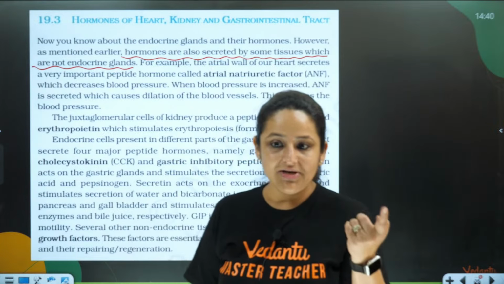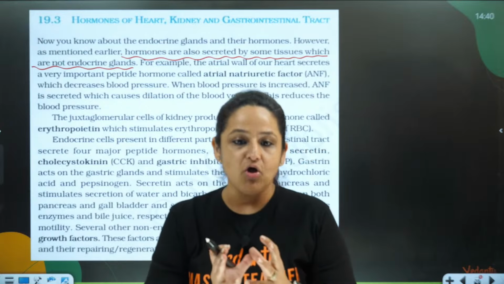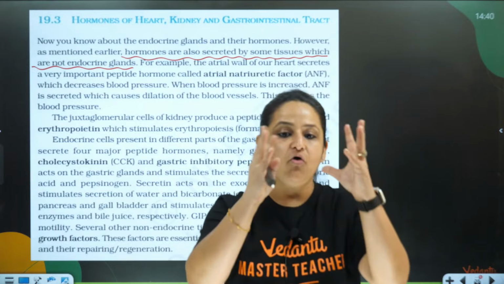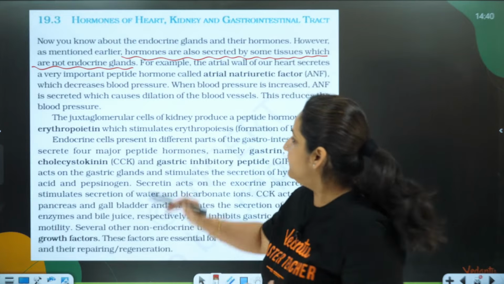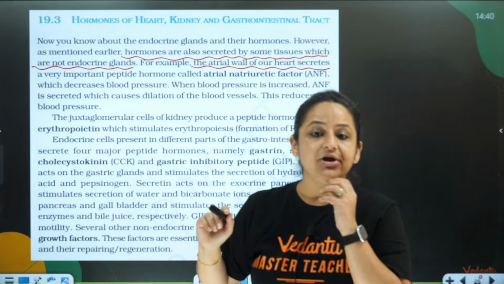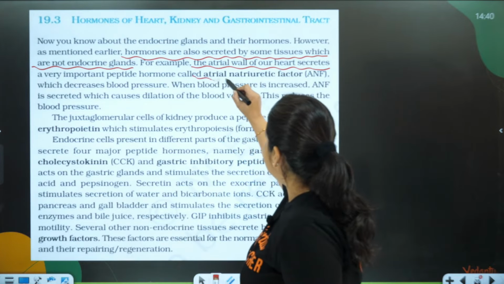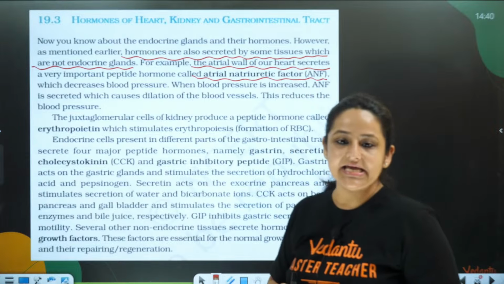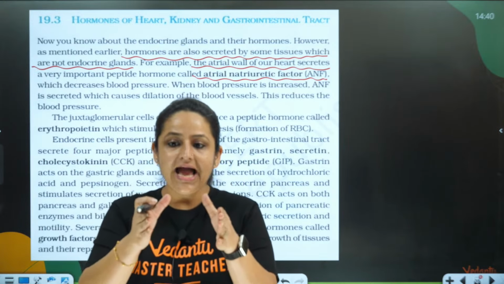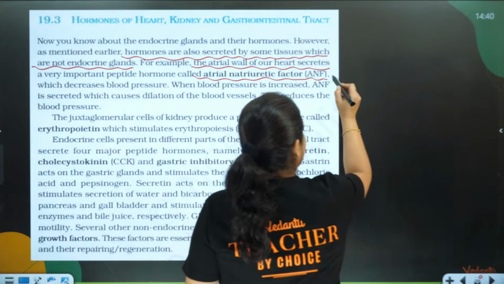For example, let's talk about the heart first. You know the heart has two atria and two ventricles. The atrial wall of our heart secretes a very important protein hormone, a peptide hormone, called ANF, atrial natriuretic factor. Now, what is ANF going to do? What is the function of ANF? ANF acts as a